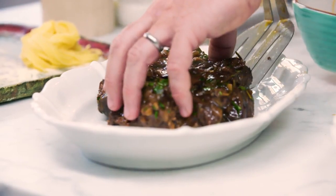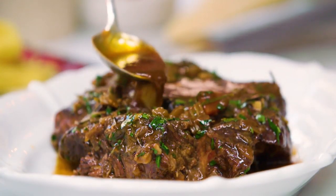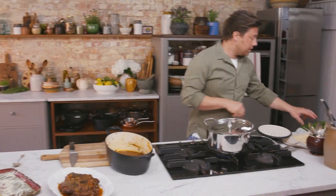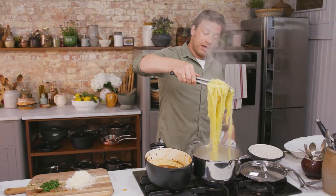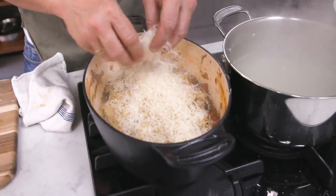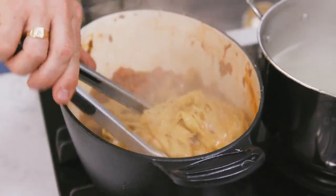Just take the meat out and serve just a little bit of the juice. So that's our main course part. Throw my pasta in the water. And then while that pasta's just finishing, you can steal a little bit of parsley, drain the pasta, and then into that sauce. In with some parsley. We can then go in with the Parmesan and just gently fold the pasta over and